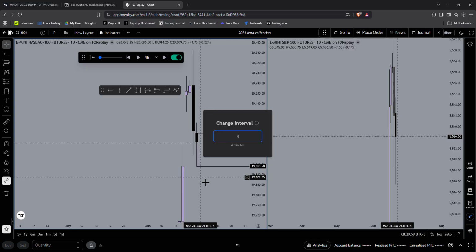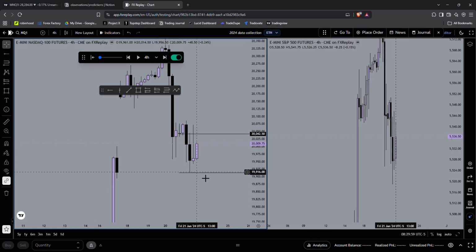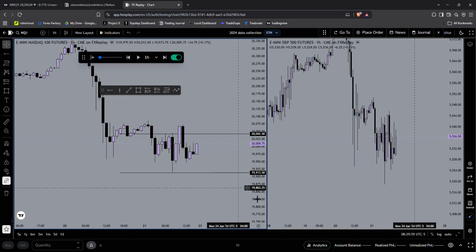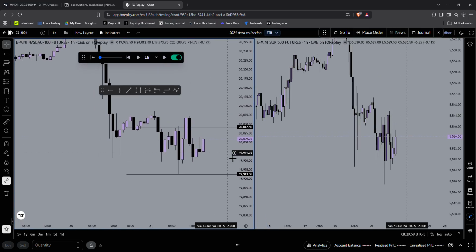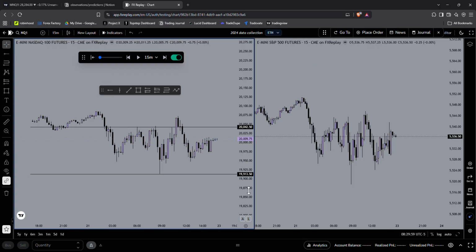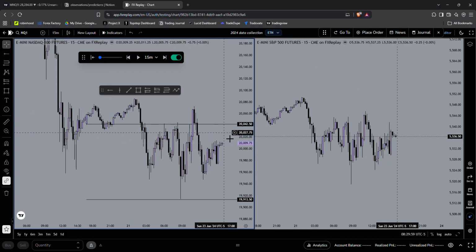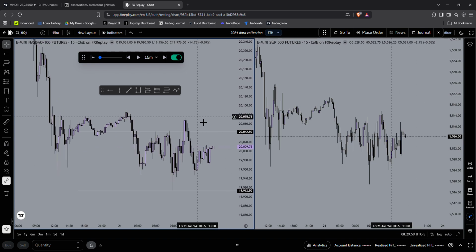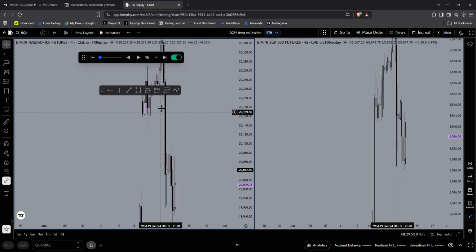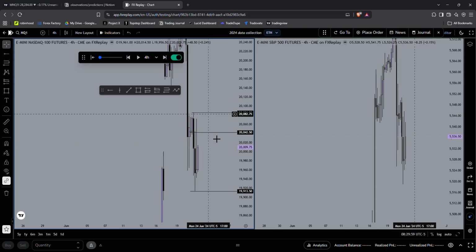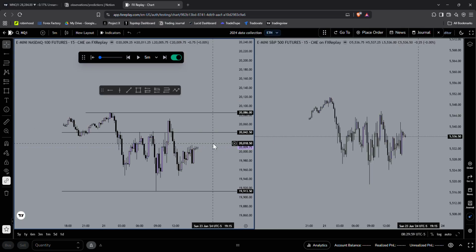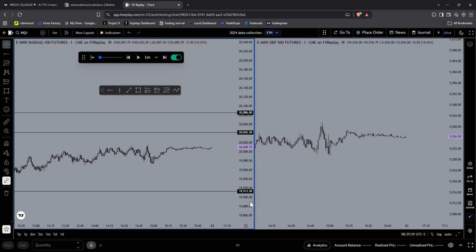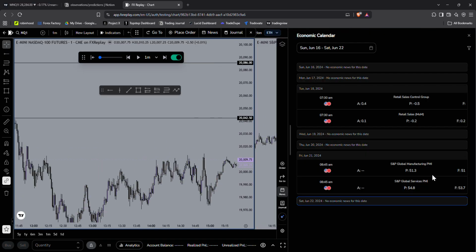We are still within this gap. You can see 4 hour. We've already swept out these lows. 1 hour. We're just in the fucking range, dude. This shit's ugly. I'm gonna wait till we break out of this range. But right now we could possibly look for an A and B setup. 4 hour. Look, if we sweep out this intermediate high, then we could look for shorts from there. But right now, I don't see anything. So let's just see what we do off open.